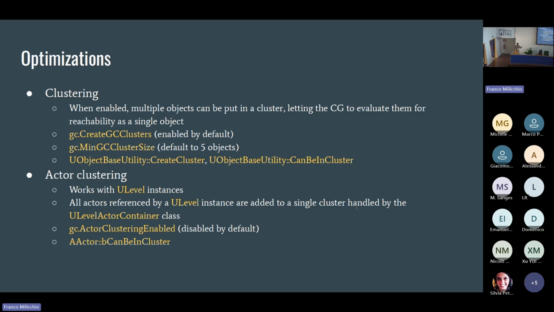And the level and all the actors referenced by this level itself are going to be treated as a cluster if you enable this particular type of optimization. And you can control which actors can be in clusters by toggling that variable there, bCanBeInCluster.